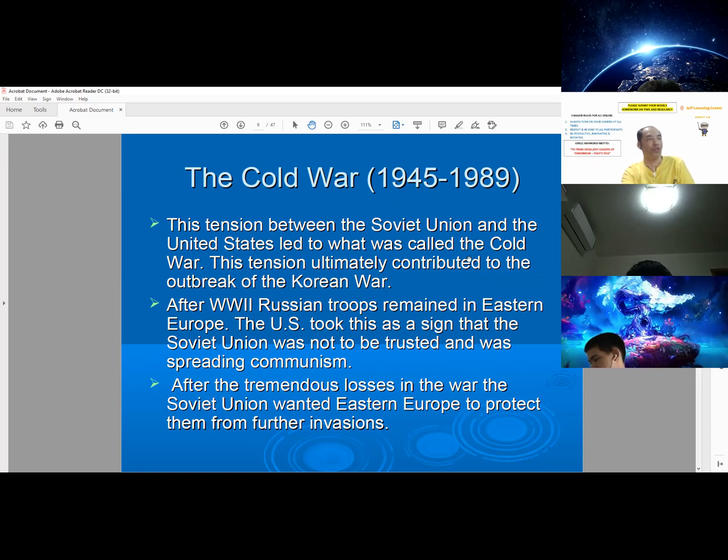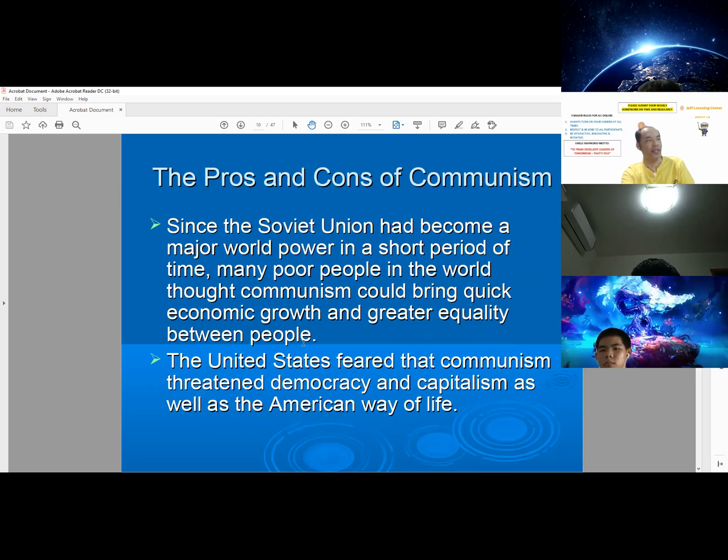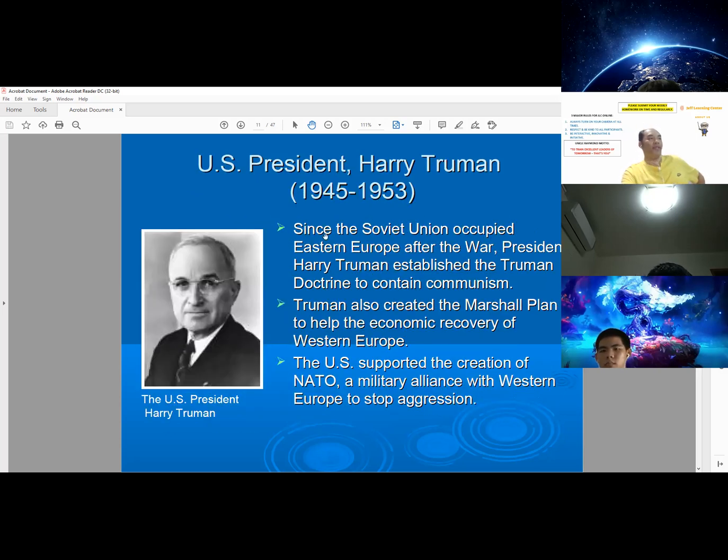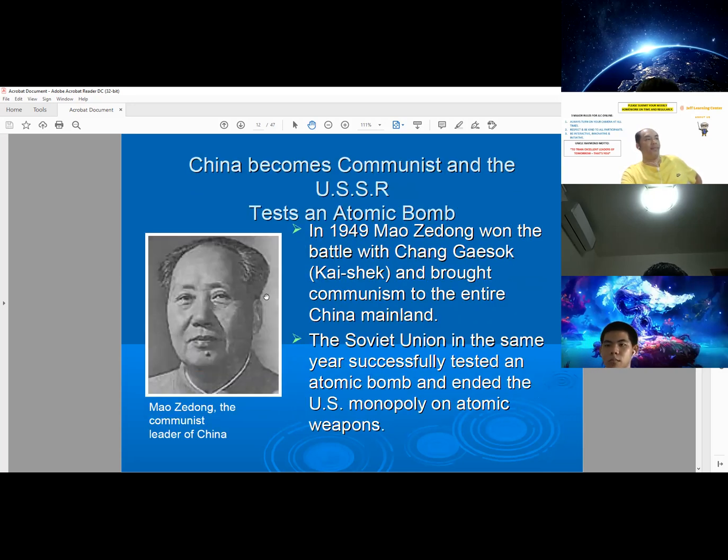So these tensions between the Soviet Union and the United States led to the war called the Cold War. Okay, we know that. And then we thought, okay, we skip on this one. And then we have this Harry Truman. Okay, you must take note of this. We talked about it also, the Truman Doctrine. Okay, we done it. So we skip this. And then,